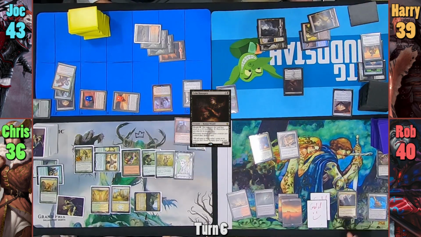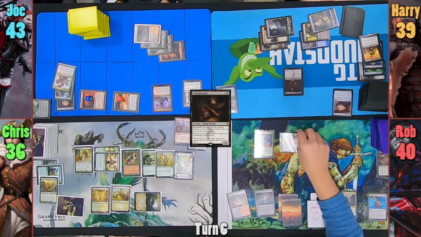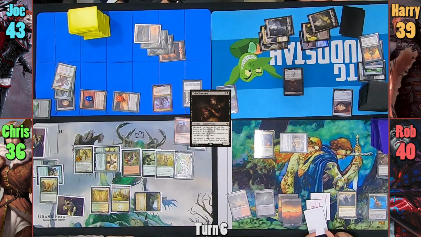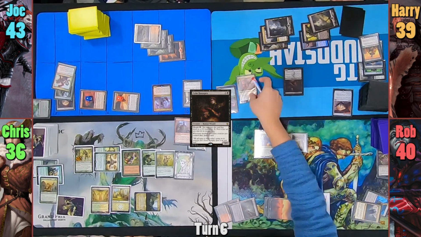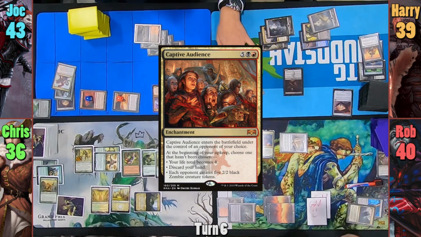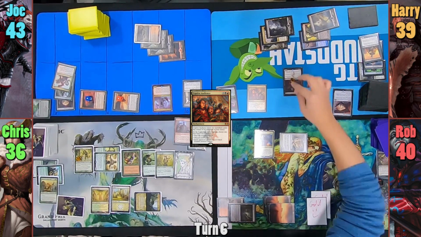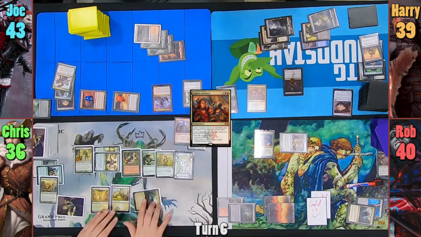Rob plays a Command Tower, and swings the Mesa Enchantress at Chris again, who decides not to block provided Rob doesn't keep dumping on him. Rob agrees and gains a gold token. In Rob's second main phase, he casts Captive Audience on Harry and draws a card from the Enchantress as it enters the battlefield. Moving to his end of turn, Rob puts a bounty counter on Harry's Haruspex and passes to